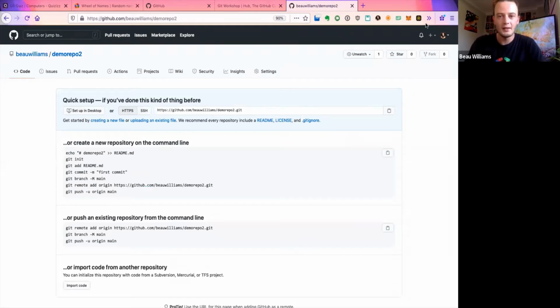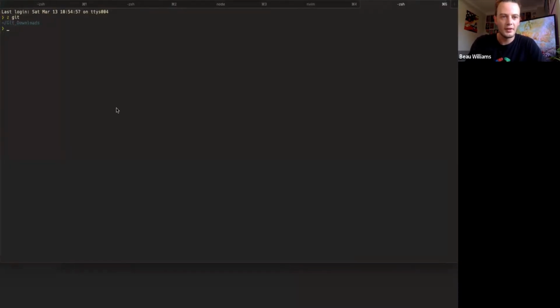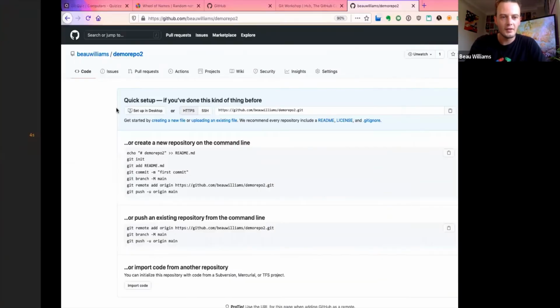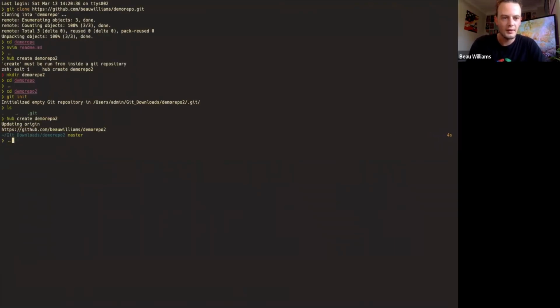Now, even better, we can actually further use a little bit of scripting to automate this. So let's go out of here. And what I'm going to do is go git new repo. Now, this won't work for you until you set up the shell and the alias and the hub tools. So if you do try it, it'll probably fail unless you set this up, but I will give you the information to get that working. So what we can do is go demo repo 3. And this is going to do a whole bunch of cool stuff.